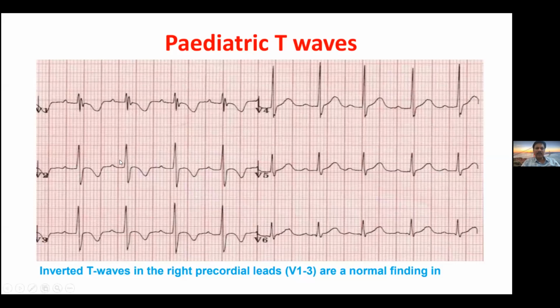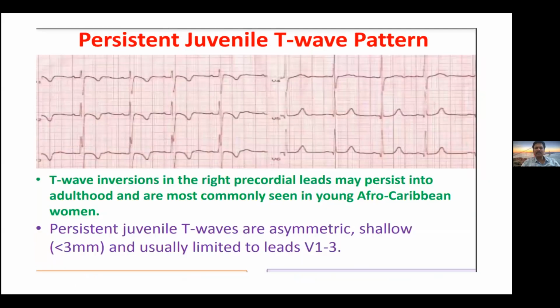Pediatric patients, see here, V2, V3, you will find normally a T wave inversion, which you should not panic and brand as ischemia. It is a normal variant in the pediatric age group because the RV forces are still there in the ECG. Persistent juvenile pattern, see here in the females, most of the time in middle-aged females, costochondritis, the patient comes with chest pain, you find this type of ECG, you need not panic. Without predisposing background clinical history, diabetes or hypertension or strong family history of CAD, you need not diagnose coronary disease in young